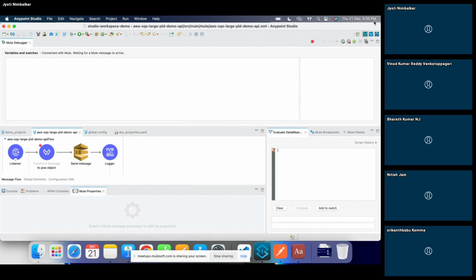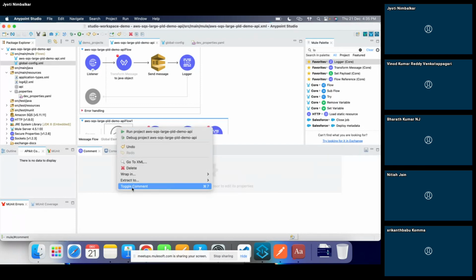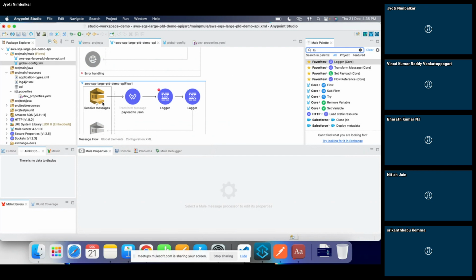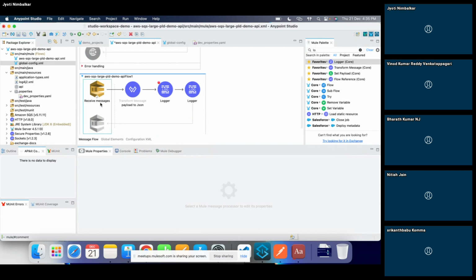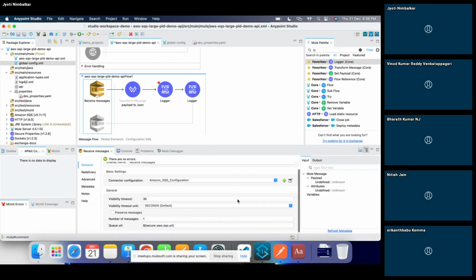Let's quickly look at subscribing the payload as well. Just uncommenting this connector. I have used the receive messages connector, but the configuration and everything is the same. The queue URL and other details are the same.